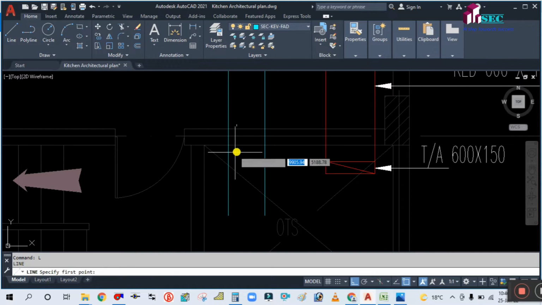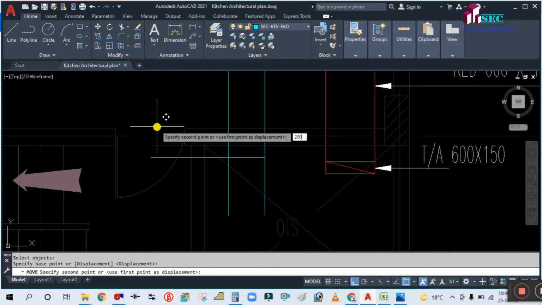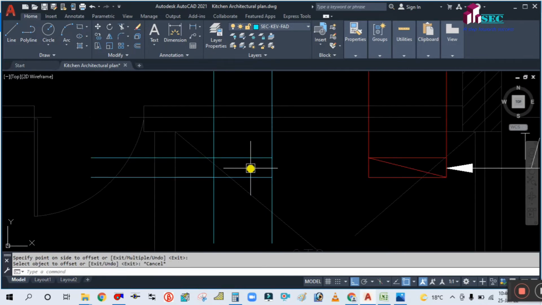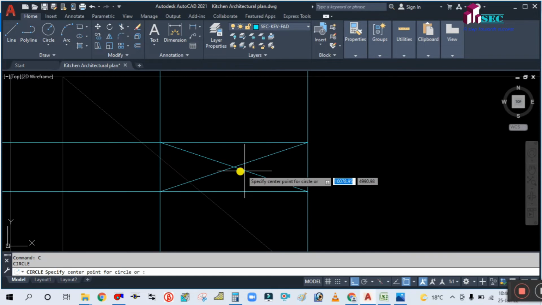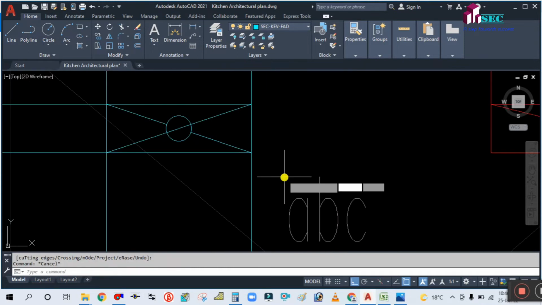Now, take the one line from this corner to here and move this one 200, minimum 200 from the wall, and offset 150, the width of the duct. And now for this one, take one line from this corner to this corner and this corner to this corner, and simply, see, this is the symbol actually for the fresh air duct. It's showing like this, and simply trim this extra line,